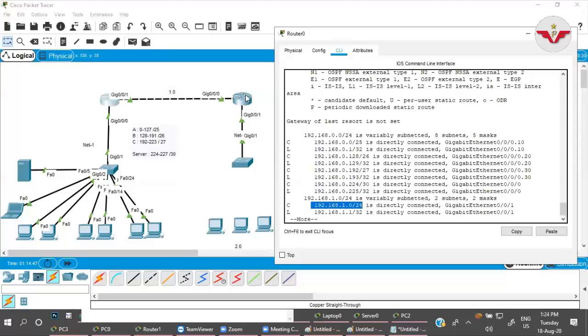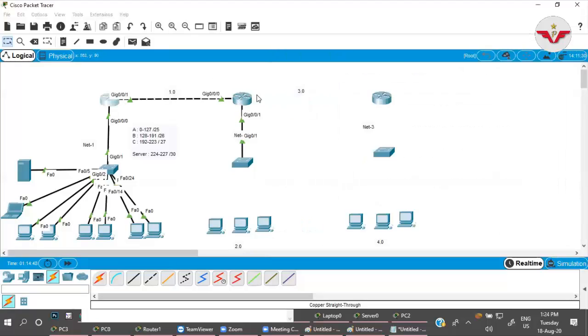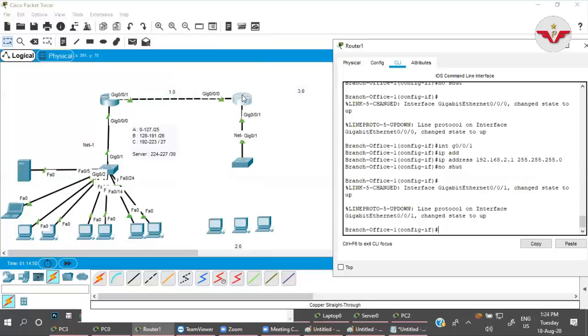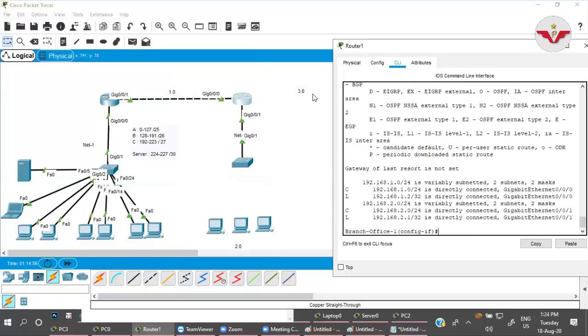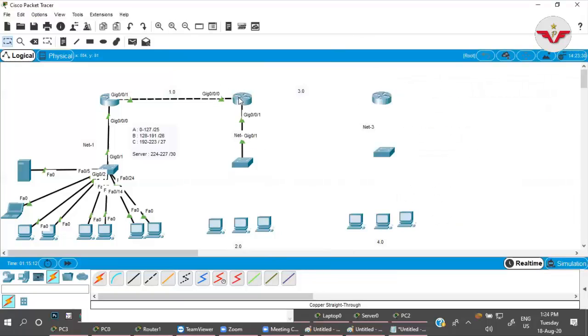But once the packet is reaching here, at the time of replying to that network, if you check show ip route, that router does not have information of the 0.0 network, whatever. It has only information of the 1.0 and 2.0 networks, because these are directly connected. So that is why it's not replying.